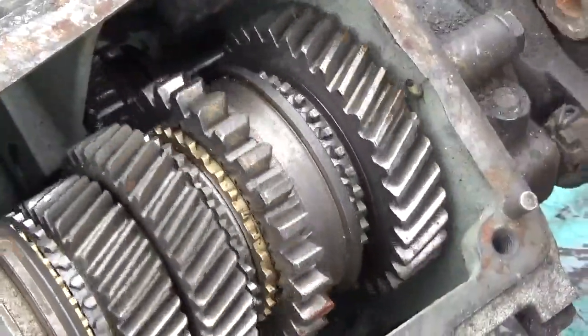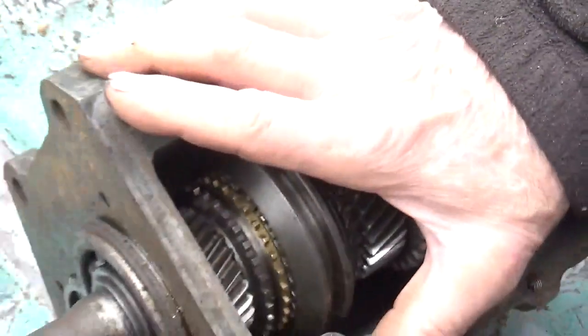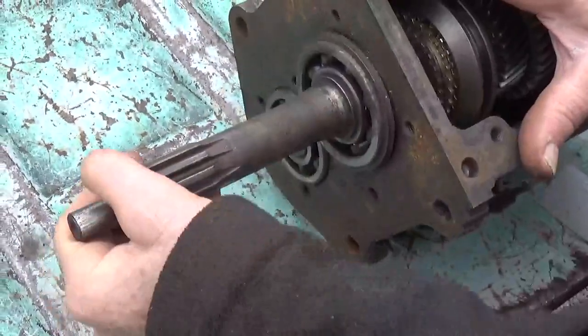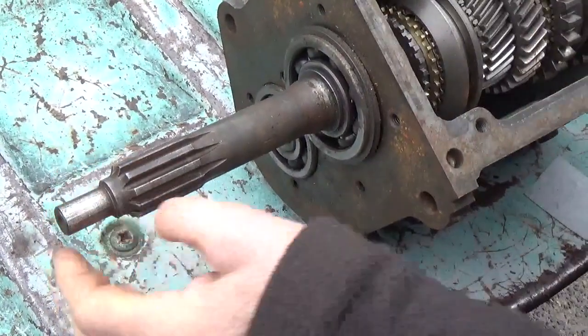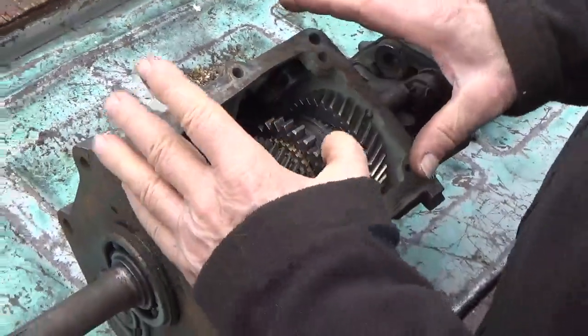Then check your bearings by moving this up and down. Boy, this is nice and tight. Back here as well. And when you have your tranny out,